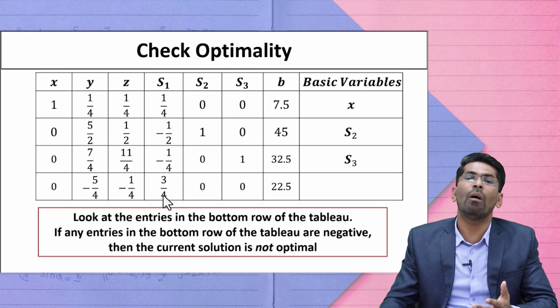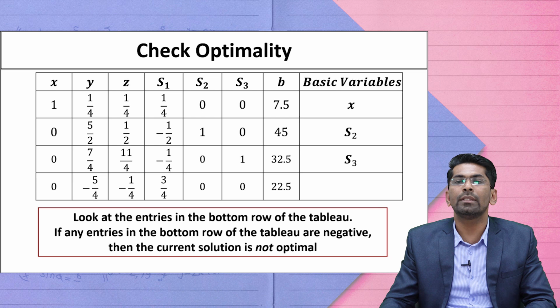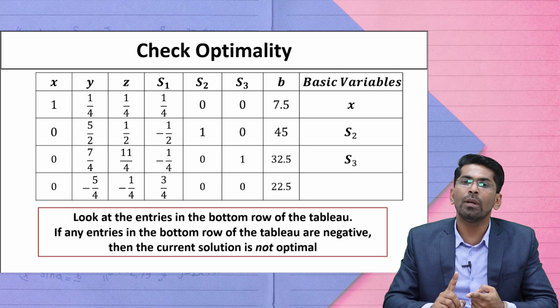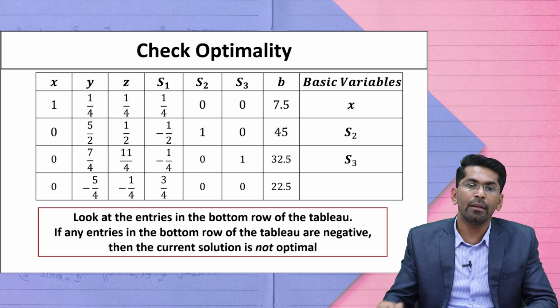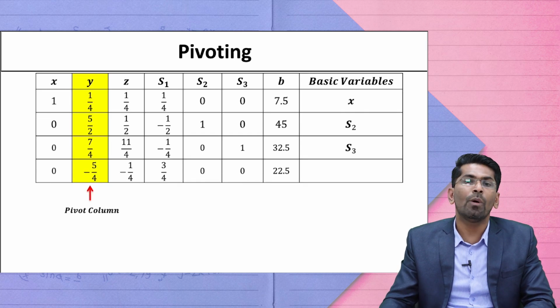If this is not an optimal solution, then the next step is again to go for the process of pivoting by identifying the pivot element through an iterative process to create a new table. So again here we are going to consider the smallest or most negative entry in the bottom row of the table. Here it is minus 5 by 4, which is considered as the smallest negative value in the bottom row, and this particular column will be considered as the pivot column. After identifying the pivot column, our next task is to identify the pivot